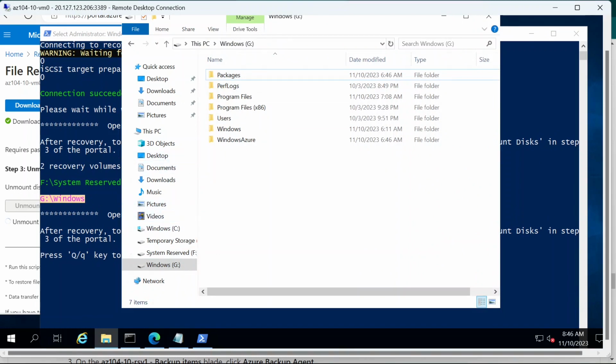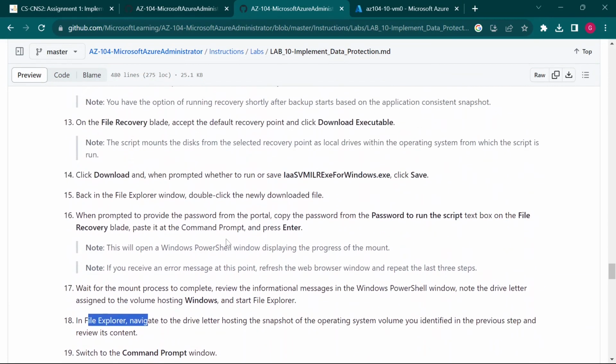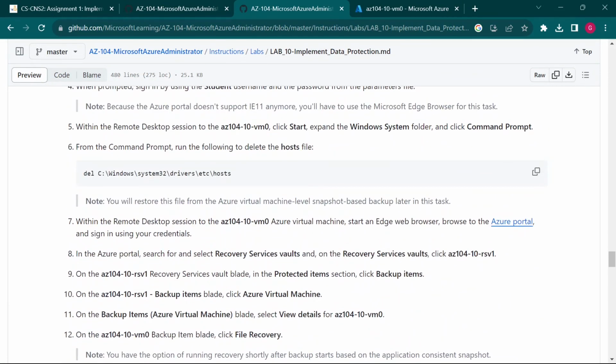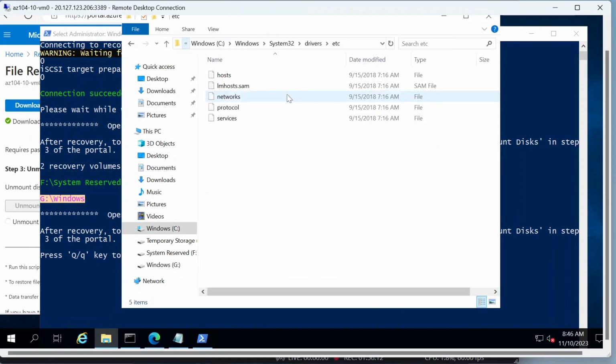So once again, I'll go back to the Windows C directory, and I think I'll copy that file path. So I'll go back, scroll up a little bit. I'll just copy this path, it's C, and I'll paste it here to just see if the host file has been recovered. Yeah, we have the host file. It's right here. So it was successfully moved,